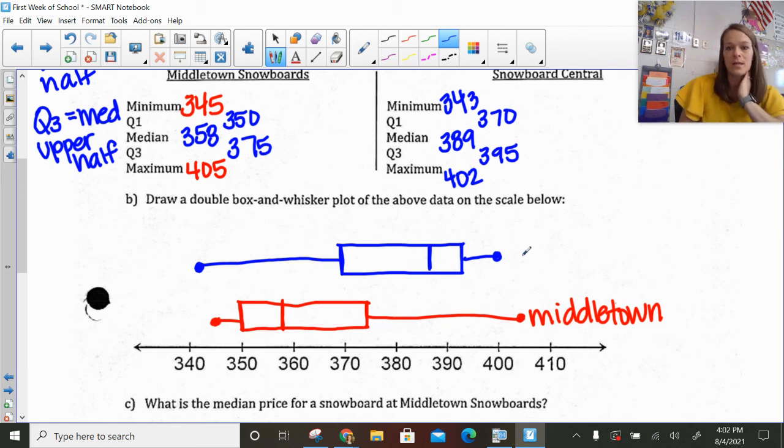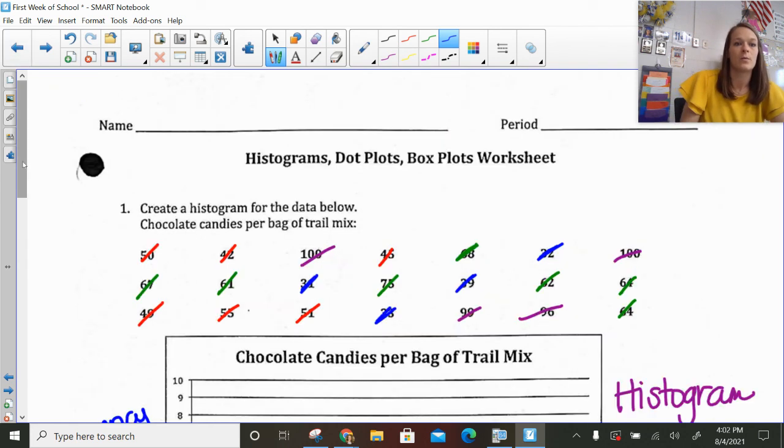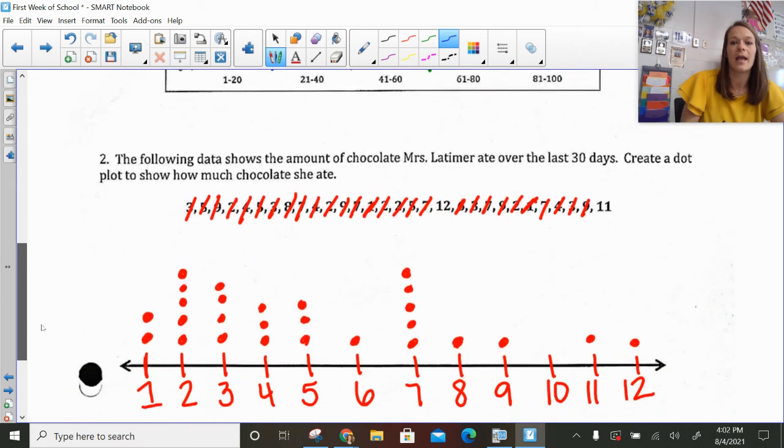And so this one is Snowboard Central. Okay. All right, so that is how you will draw each of these. So we went through, this is our box plot. We went through histogram and a dot